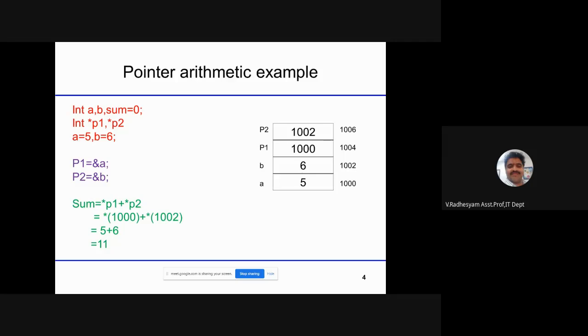Is it possible to create an integer pointer variable? Yes, sir. If someone gives a reply, then I will be very happy. Is it possible to declare a float pointer variable? Yes, sir. Float pointer variable. Yes. Only one girl is replying.